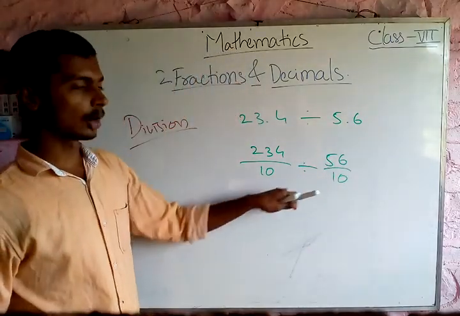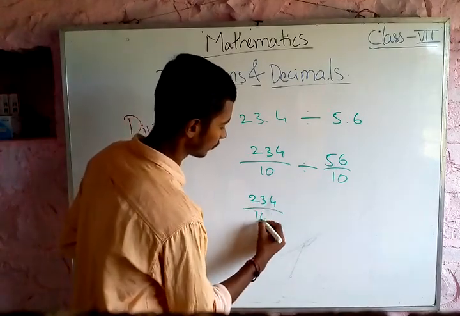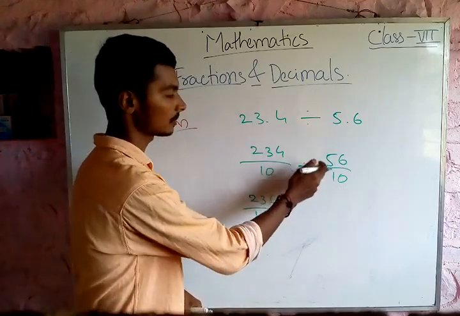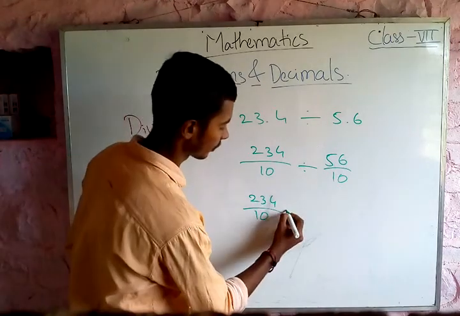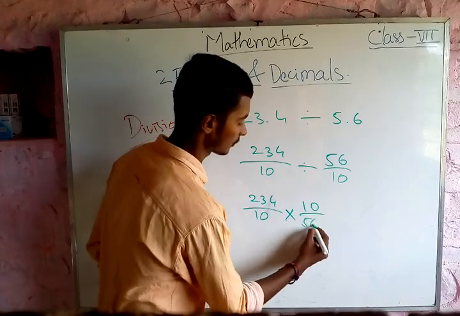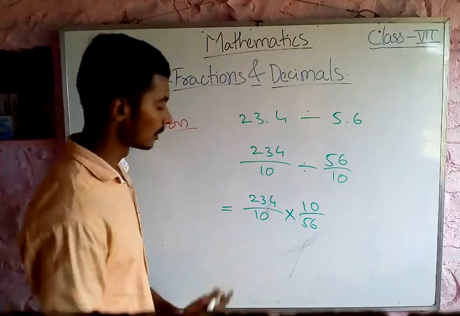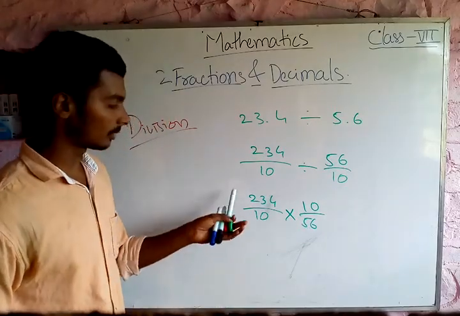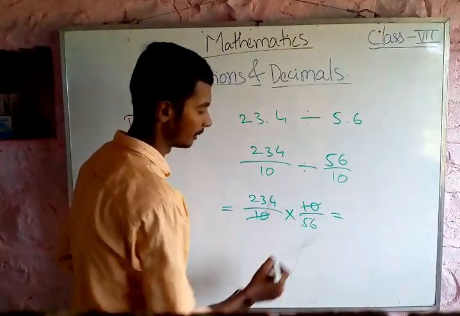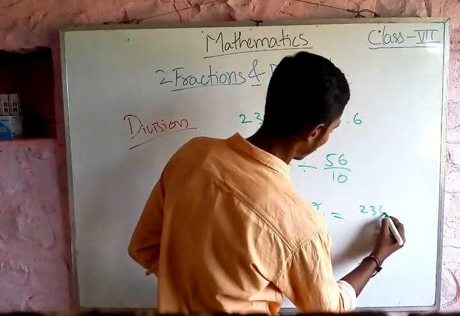Okay, and you know how to divide fractions. Now what is the method? 234 by 10. In division, what will we do? We will change the places and change this division symbol to multiplication. It will become 10 by 56. So this is equal to this. This whole thing is similar to this. Now you know how to multiply fractions. In this case, this 10 and this 10 will be cancelled. Now it is again 234 by